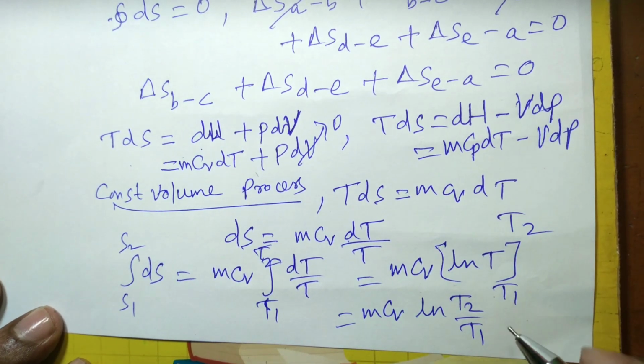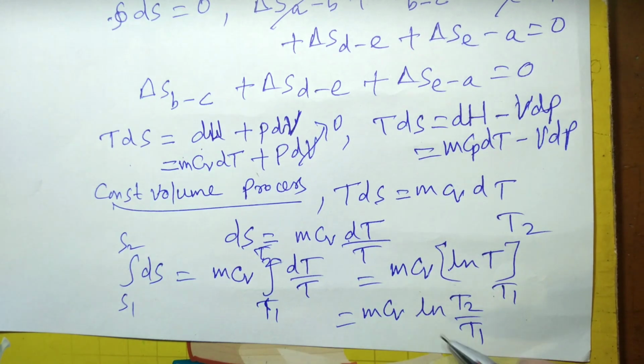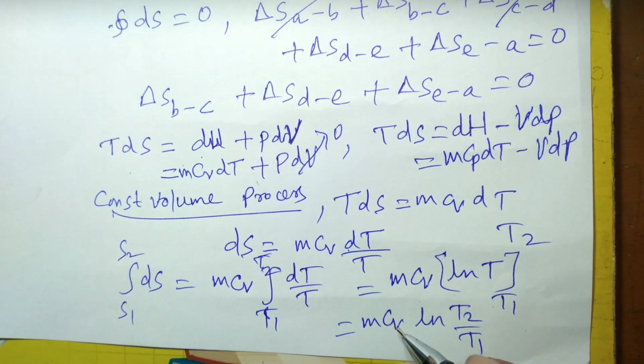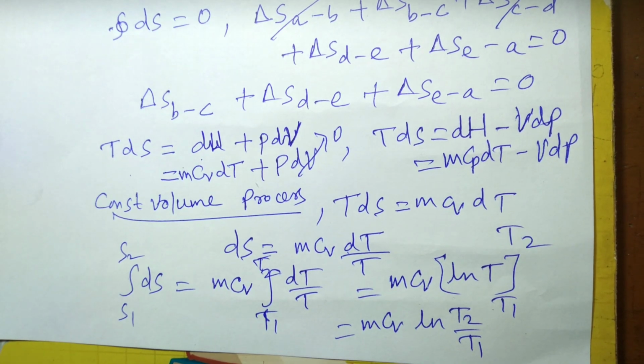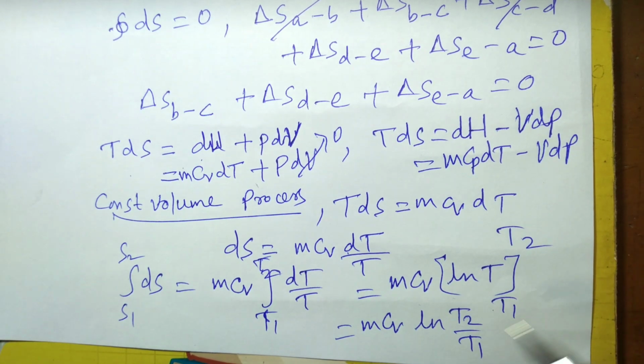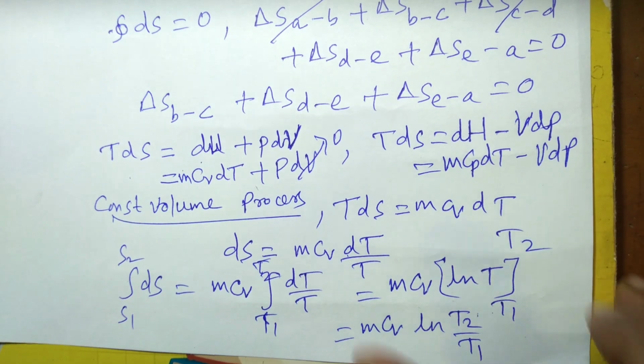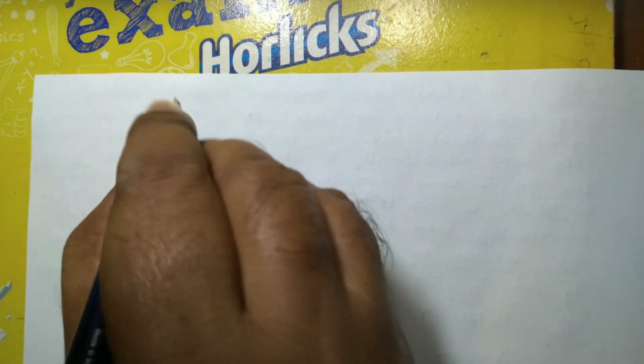This is the change in entropy for a constant volume process: mass multiplied by Cv, that is specific heat at constant volume, multiplied by ln T2 upon T1, final temperature by initial temperature. And similarly for constant pressure process,